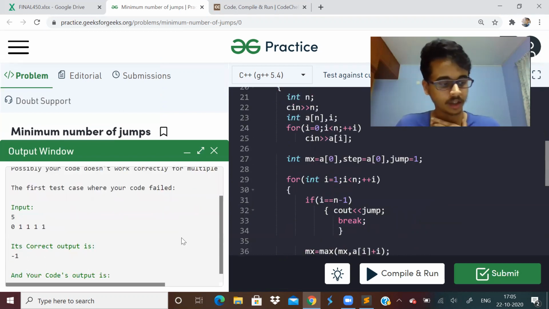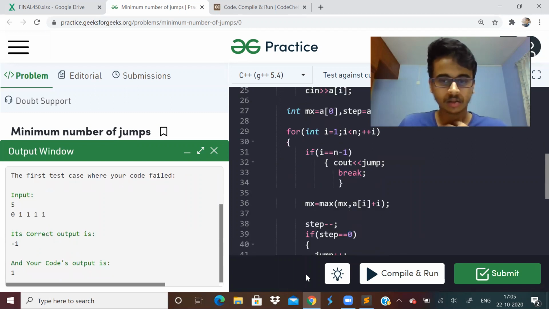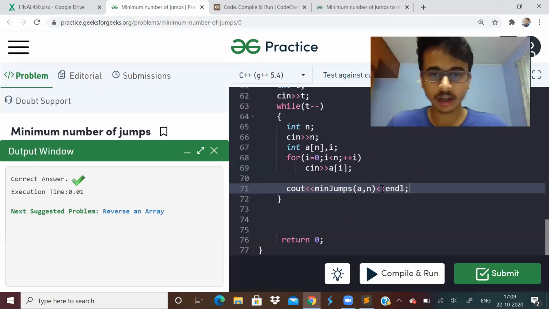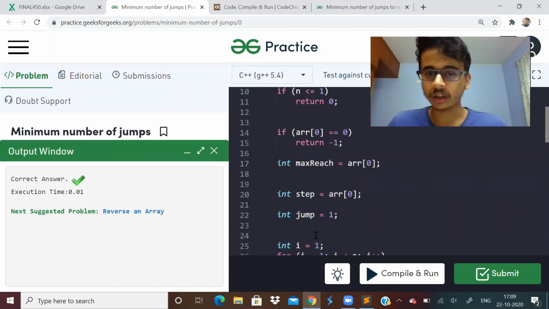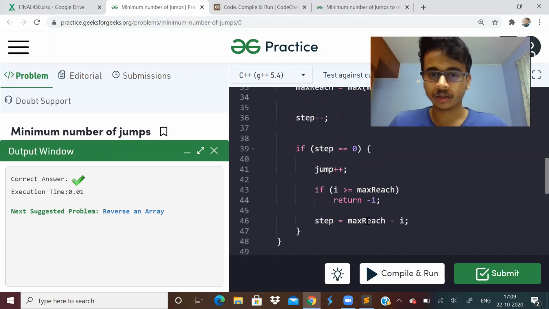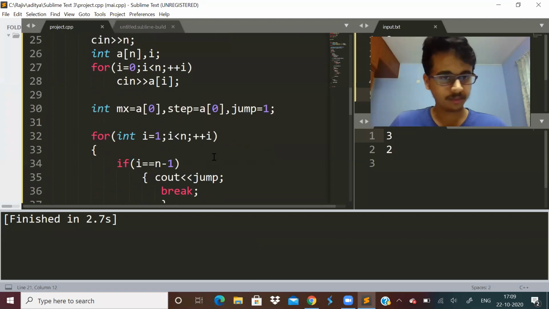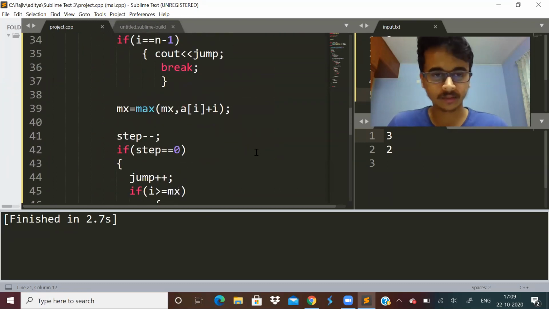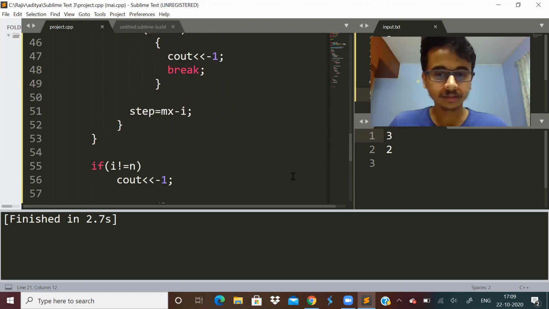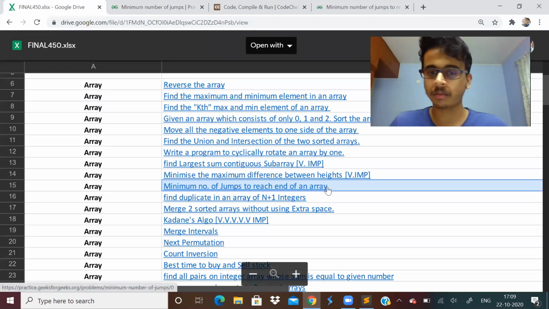So we got wrong answer over here. Why did we get wrong answer? So I rectified the code. So basically I was doing some simple addition mistake only. So that was the code. You can have a look at it here. Same thing, there is no much difference. Okay. So we submitted here and now we are done with this problem also.